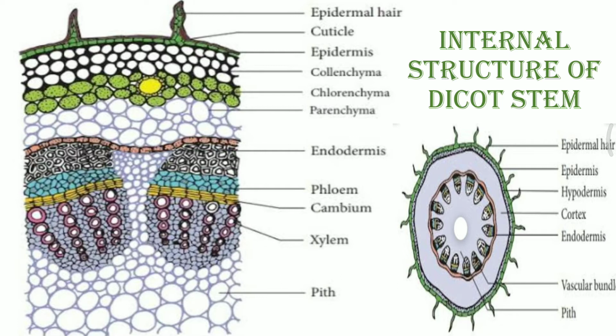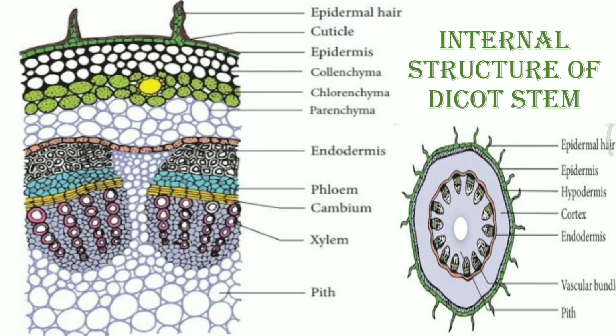And when the stems are very young, at that time they are green in color. Because of the presence of green color, there is also photosynthesis occurring. And one more thing is the presence of stomata in case of these cells. So when the stem is very young, we can find the presence of stomata at the outermost layer. And inner to the epidermis, there is a cuticle layer in case of the dicot stem. This cuticle layer has the stomata which I was talking about.